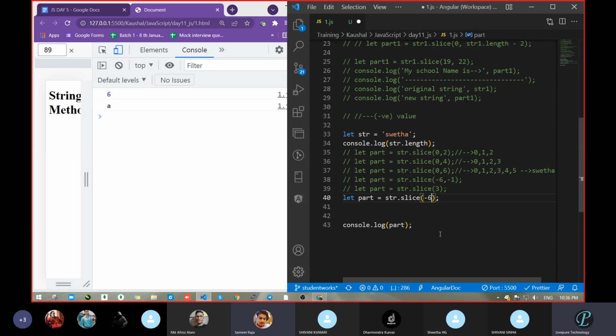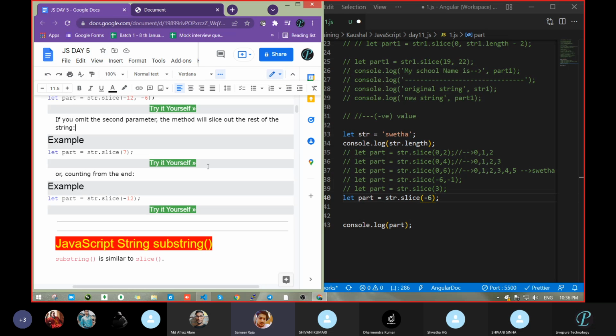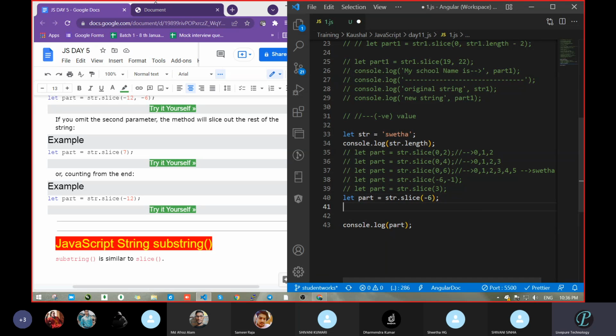Samir, this is not important. Just now you told yes, you were sleeping that time. No, actually what I'm trying to say is that we studied this value as going from reverse order. Samir, don't try it yourself, try it yourself. Okay, that will be helpful. When we are explaining, take care.